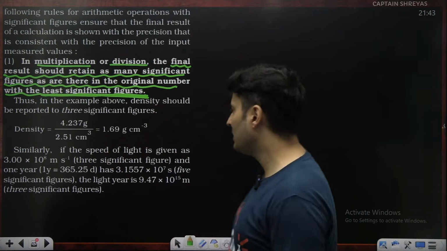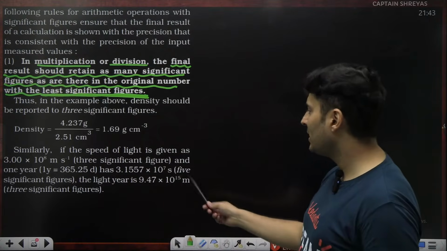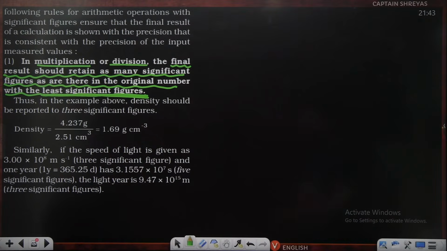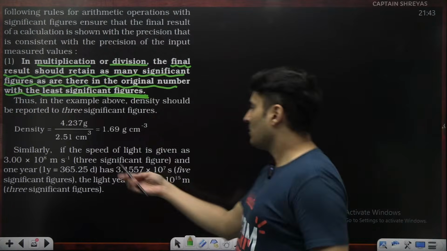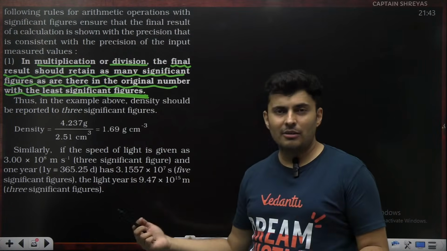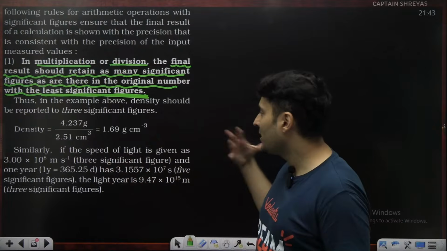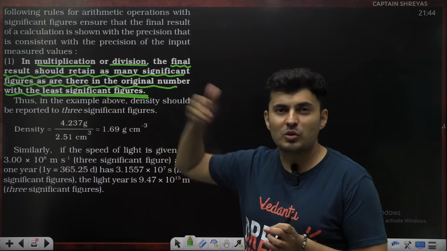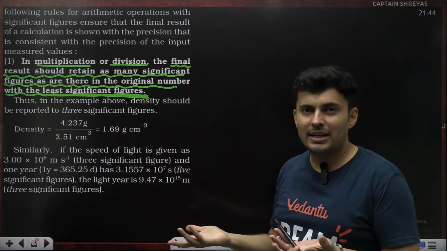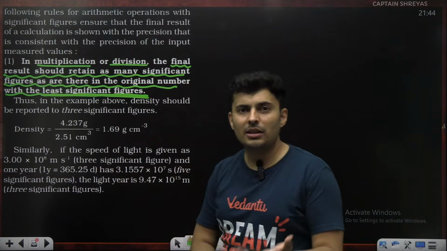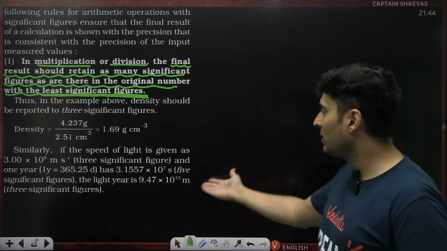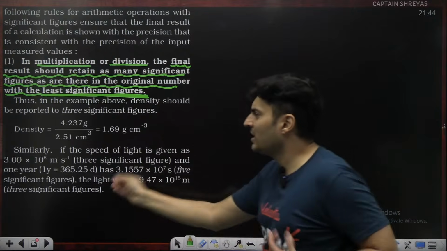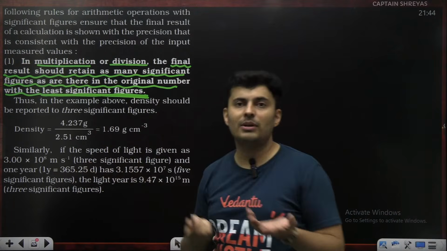Got it? Very simple. Similarly, the speed of light is given something, etc. Okay, three significant figures, and 1 year is this much. So here what they are saying is, for example, if you measure the speed of light accurately, it goes to many decimal places, 2.998 and all that. But you might not need it so much, so you will round it off to generally two or three significant figures. So if you round it off to three significant figures, you will get 3.00 into 10 to the power 8 meters per second. So that's how you would represent it had it been needed somewhere over here.